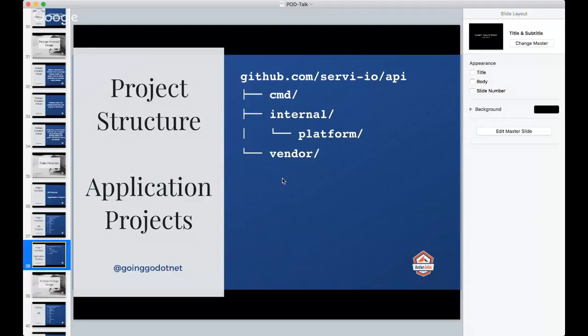Vendor, I think, is obvious. We're going to be vendoring our third-party dependencies that this project has decided that they're going to take on. Your kit packages would be vendored in there as well. I use GoVendor. There's some great tools out there like Glide and GVT. And the community is really working hard. Maybe in 1.9, there may be some new things around vendoring dependency management that we get that might change some